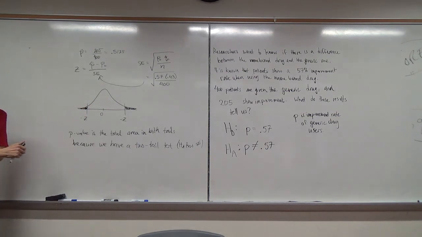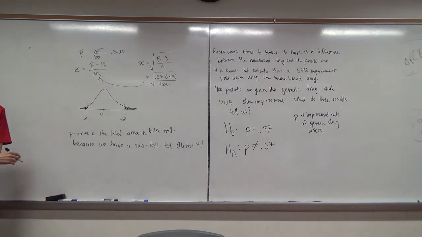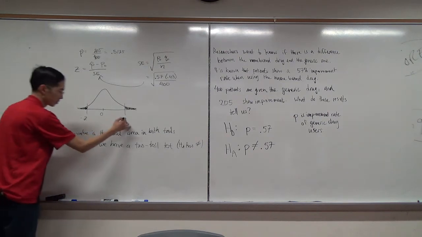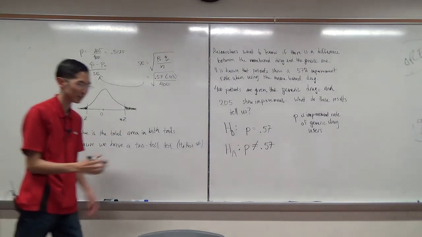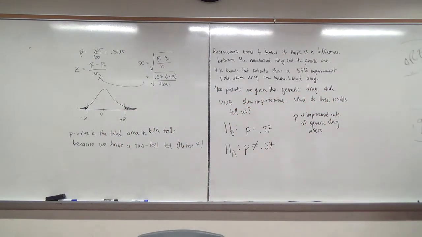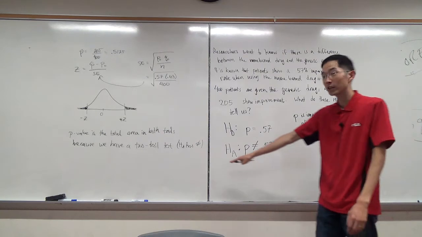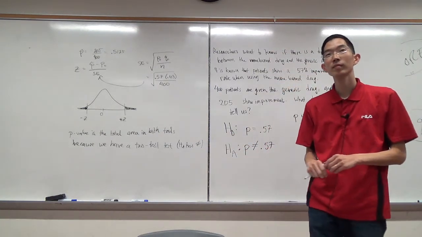So why are both z-scores negative? Plus and minus. Okay. So whatever your z is. But that only applies when you have a not equal sign. Okay. Yes. So what z-score do you take when it's like greater